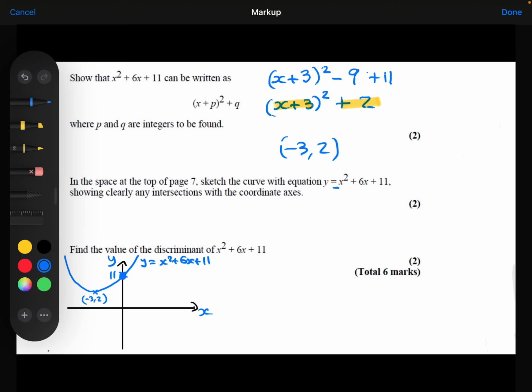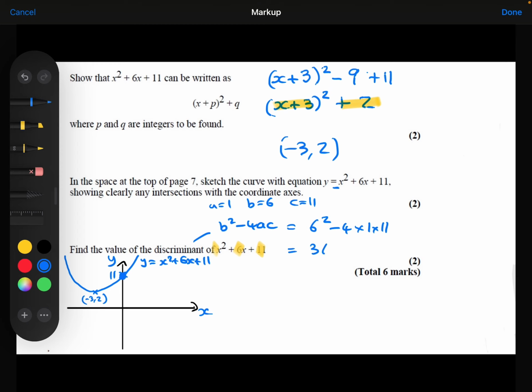And the last part of the question says to find the value of the discriminant of x squared plus 6x plus 11. The discriminant, remember, is b squared minus 4ac. In this case, a is 1, b is 6, c is 11. So if we substitute those into the discriminant, we get 6 squared minus 4 times 1 times 11,